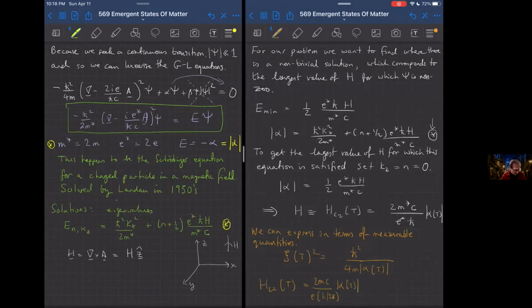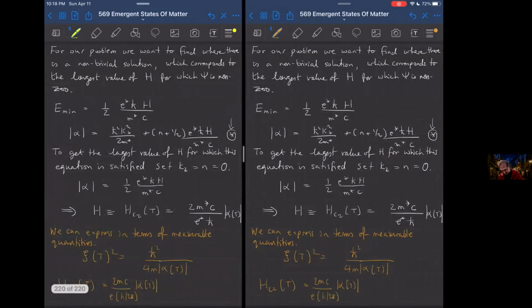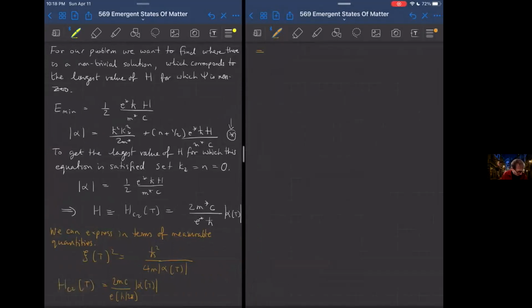And so I can then write this, and of course, inconveniently I have to go over the page, as 2mc over e times h over 2 pi, okay, I've written it again, times h bar squared over 4m psi of t squared, so replacing alpha by the correlation length squared, and that gives me hc over 2e, and then 1 over 2 pi times the correlation length squared. So I've written it in this way, and this is Hc2